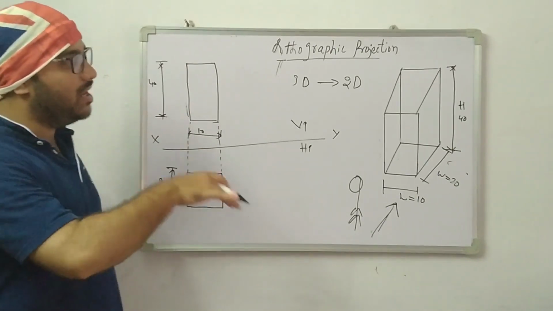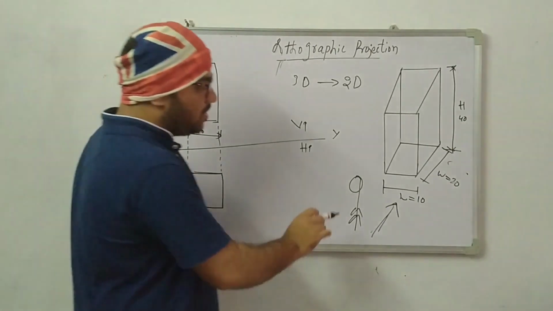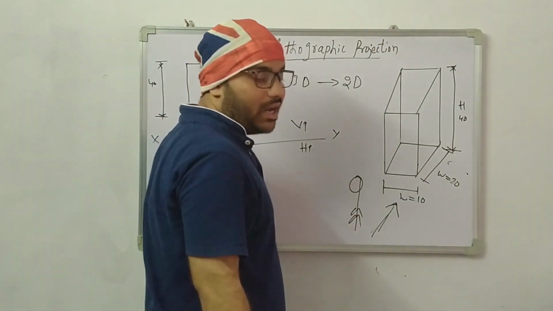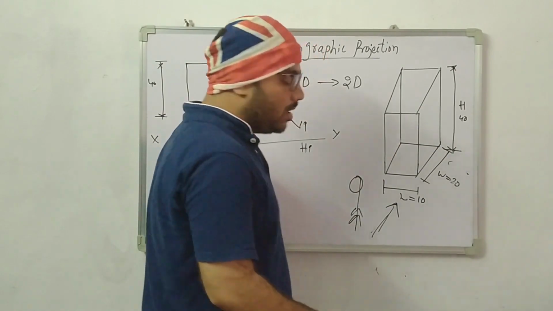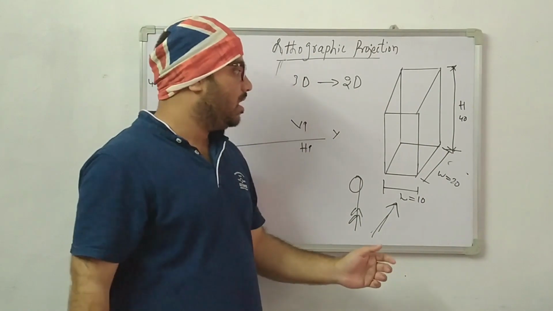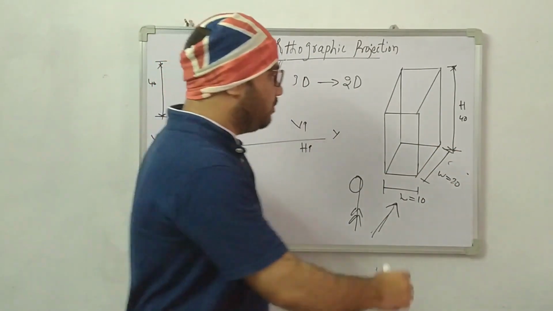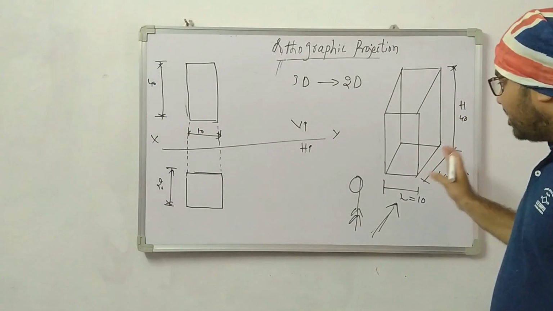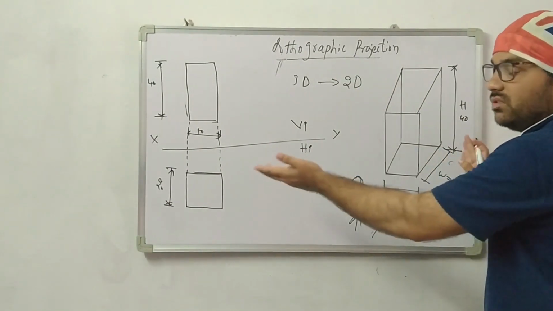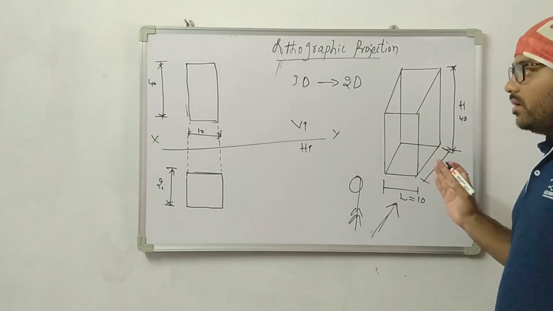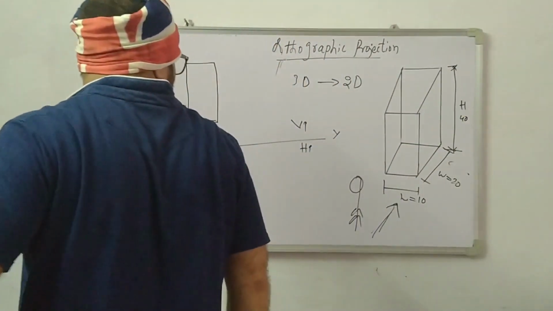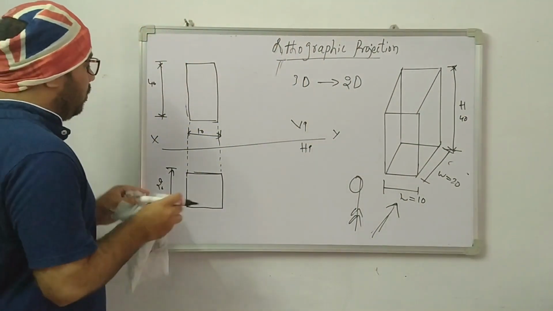Now to draw the side view: this is the front view, this is the top view, and this is the side view. Now see here, there are generally two side views. This is one side view and this is the other. Now I am watching from this side. Let us say this side. This is the right side view, so this will fall on the left plane. So we have to draw the reference line here, in this direction.